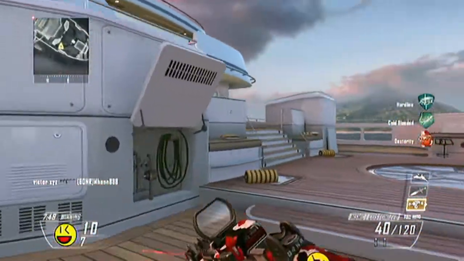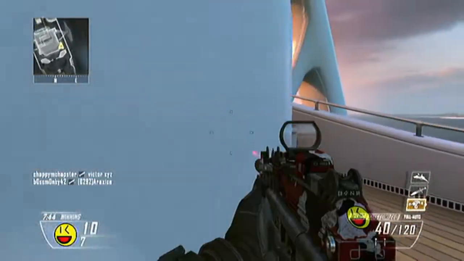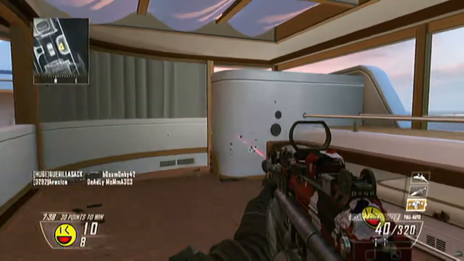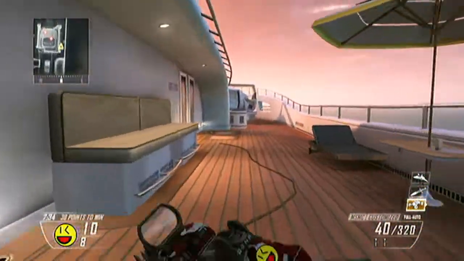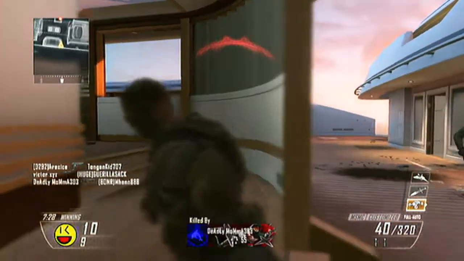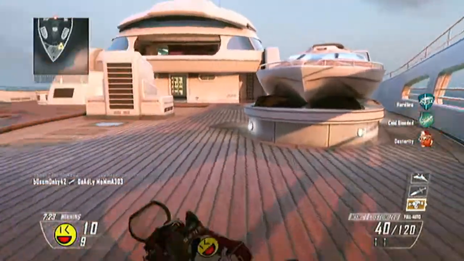So back to free-for-all. Free-for-all is probably going to be the easiest way to get all those headshots. As you know, you're going to need 100, so it's going to take a little bit. Free-for-all is the best because it's usually you versus someone else. You don't need to worry about your teammates or anyone. And in free-for-all, it's really easy to get behind someone